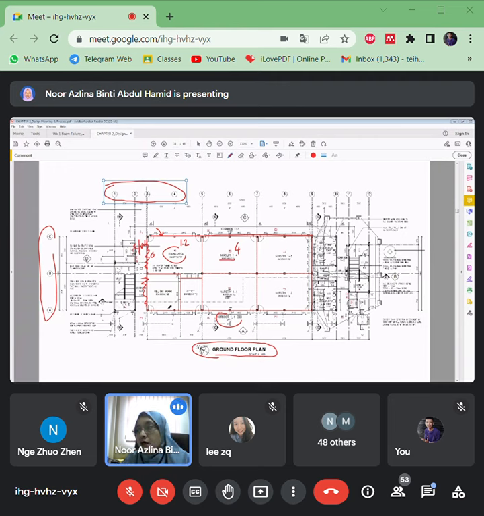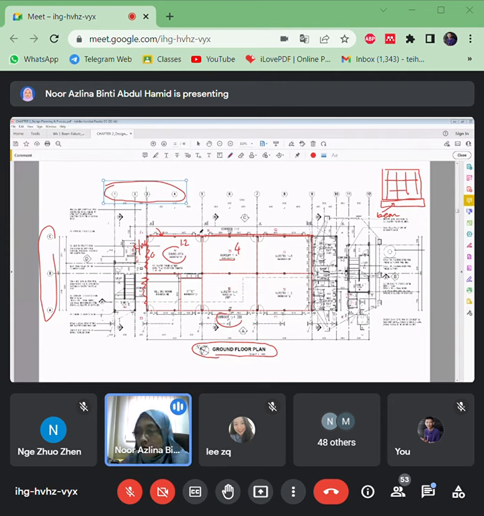You also have to know the location of the brick wall in order to provide the beams. Remember, whenever there is a brick wall, there will be a beam to support the loads. Let's say this is the brick wall. You must provide the beam along the brick wall. Lepas ni nak provide structural layout plan, so kat mana nak letak beam, kat mana letak column. So this chapter will give you knowledge and information on how to come out with the structural layout plan.